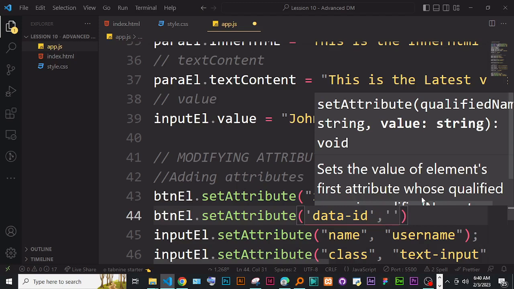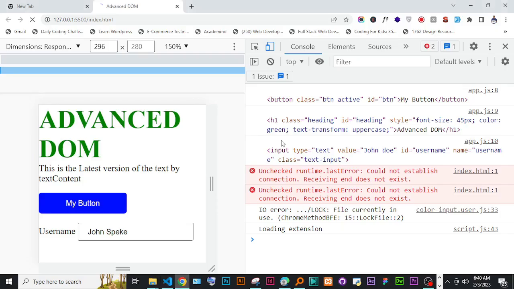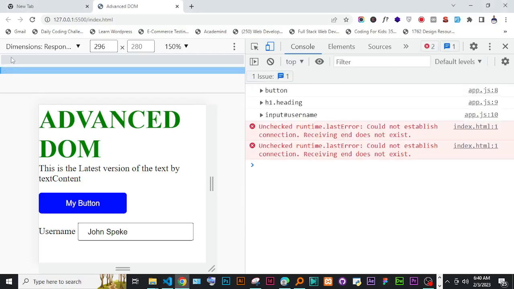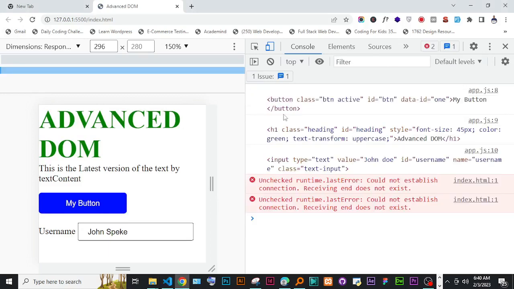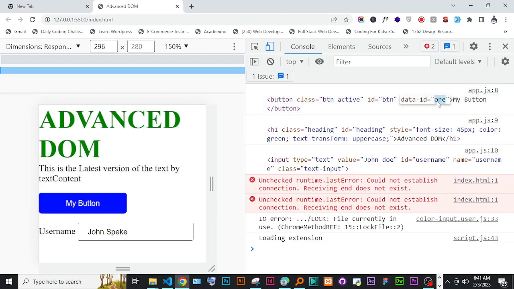Okay, so data ID, I would give it 1, maybe, like that. And you see that, let's refresh again. So you can see that I have here an attribute, a custom attribute called data ID, and it is 1. So this is so great. We are going to see how we access these attributes. In the future, they will be so helpful to look at this kind of data,